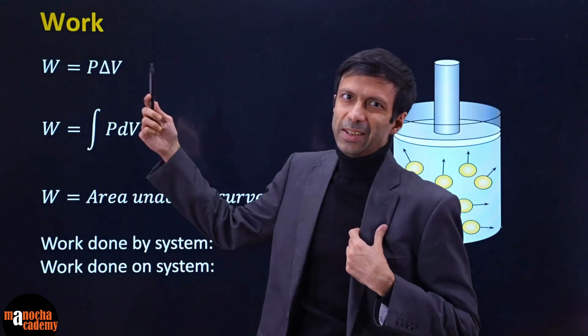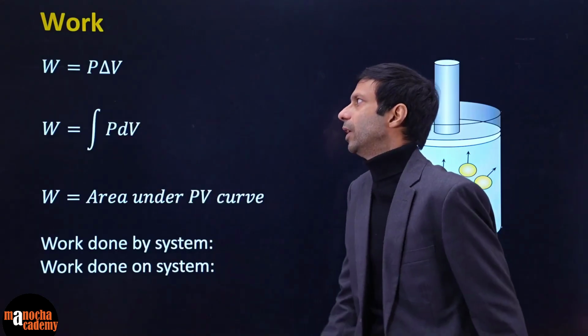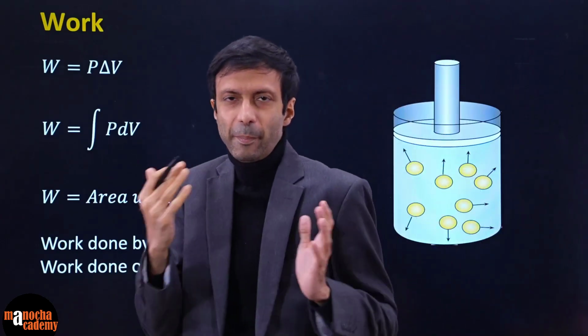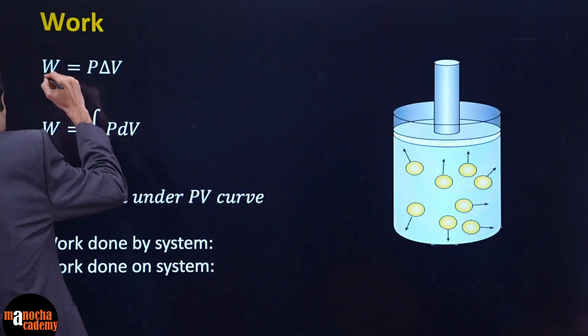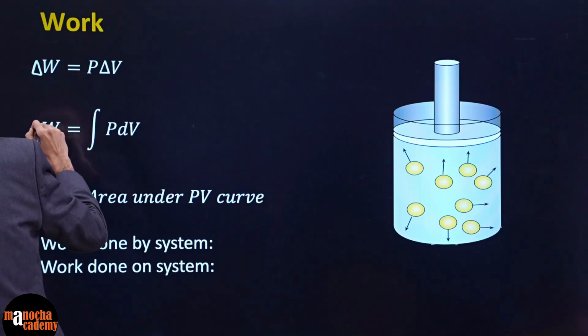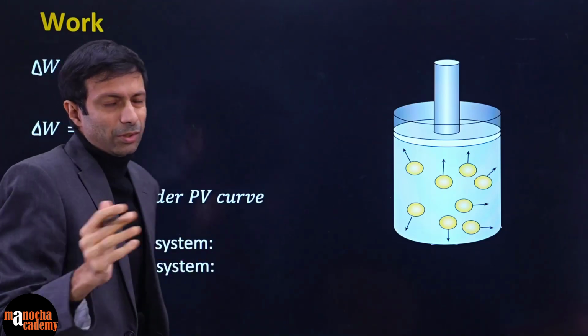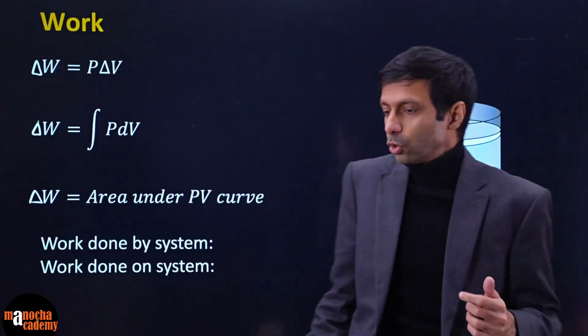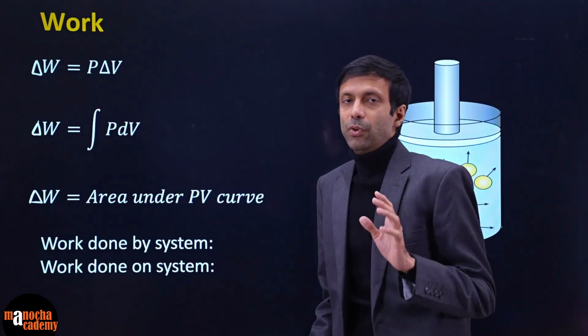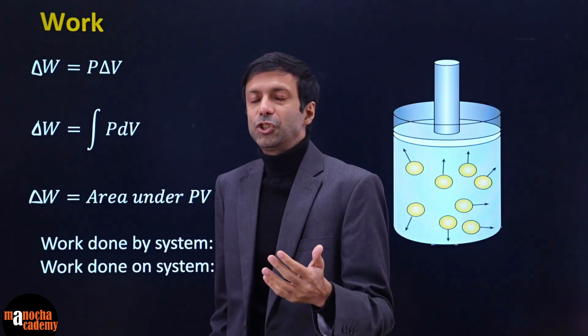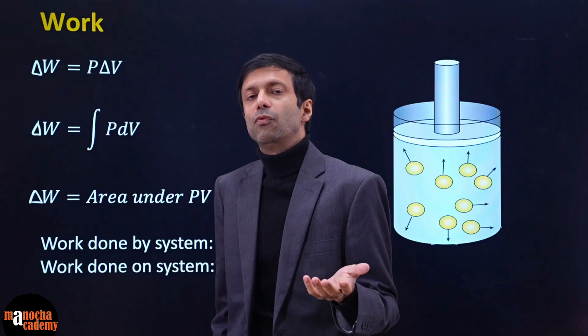Work. Now work you can write as W or delta W, whichever way you wish. I'll put the delta just to remember that some change is happening. So we can put delta W over here, or W, whatever you're using in school, doesn't matter. So remember this, we have done last time. Work done is a very simple formula: for a gas, the pressure times the change in volume.